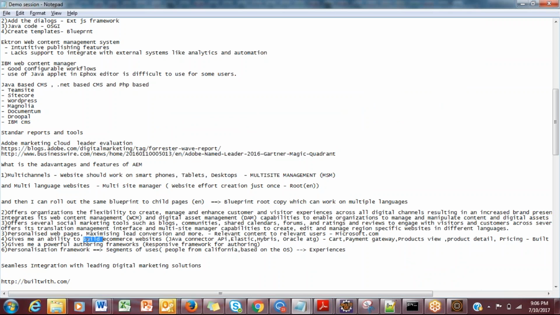The next thing here is AEM gives you a powerful authoring framework. Right? Now, when I say powerful authoring framework,